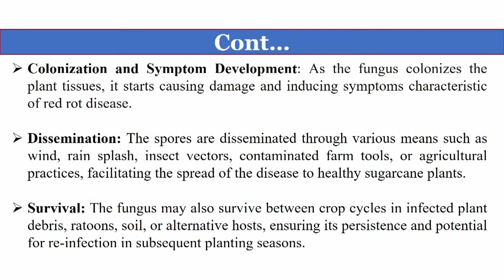After that, colonization and symptom development happen as the fungus colonizes the plant tissues and starts causing damage, producing the characteristic symptoms of red rot. Then spore dissemination occurs through various means such as wind, rain splashes, insect vectors, contaminated farm tools, and agricultural practices that facilitate the spread of the disease